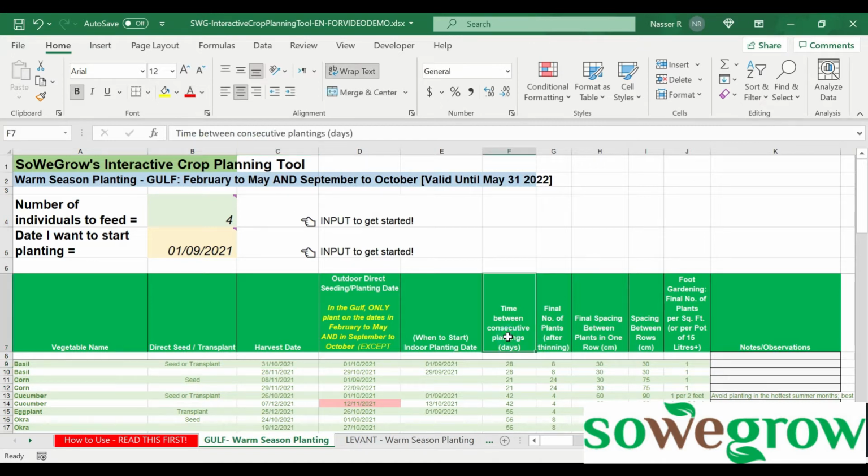Now, time between consecutive plantings. This is what I talked about earlier, and that's succession planting. So if I plant basil on the 1st of September, in order to get a continuous harvest, okay, I will plant basil again on the 29th of September, okay? So that way I have a harvest of basil for 28 days plus 28 days, which is 56 days, okay,